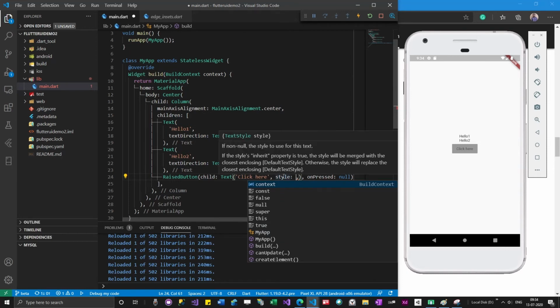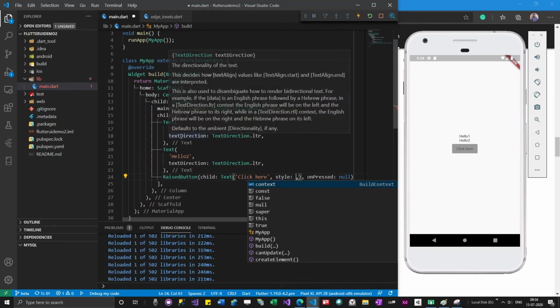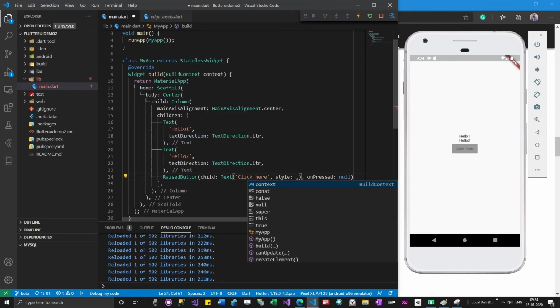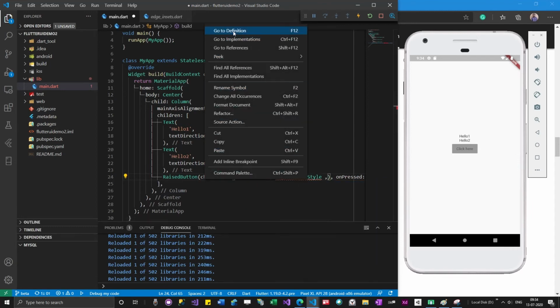And see, even though it says style takes text style, sometimes it will not be direct like this. In some cases it will not be direct, in some cases it will be very direct. I can just give text style. Why, I will show you. Text style, right? I will go to this code.